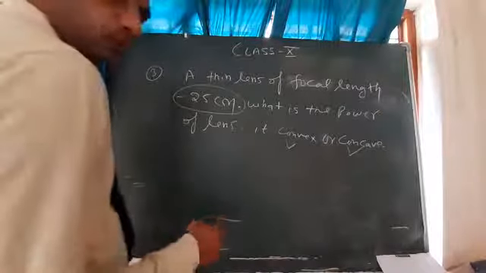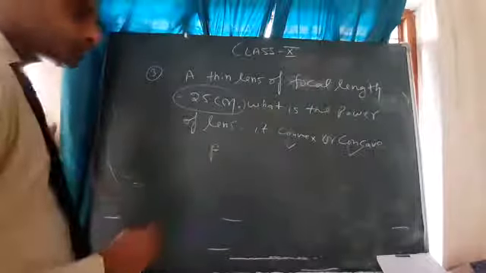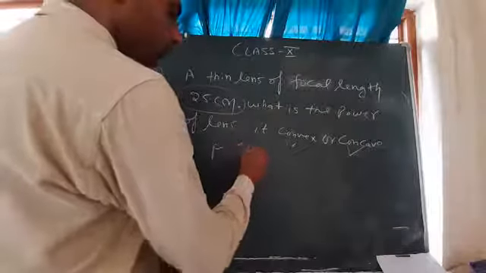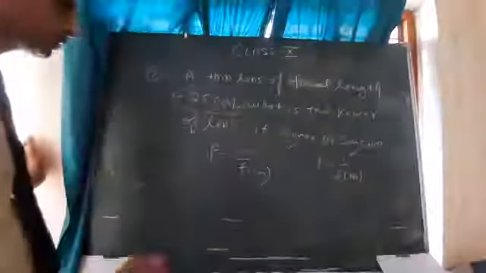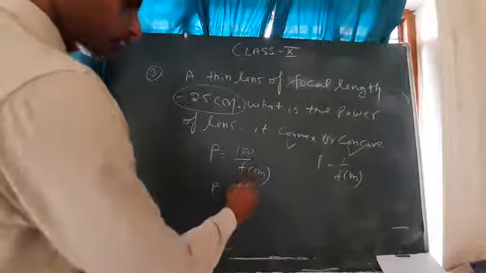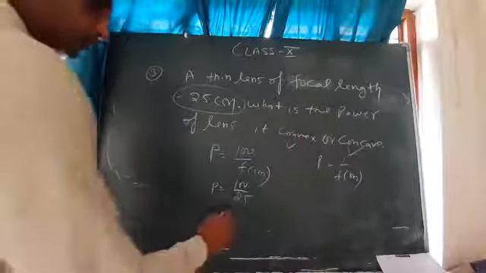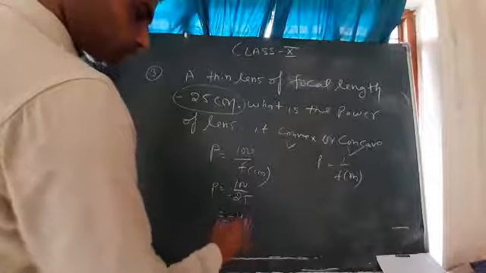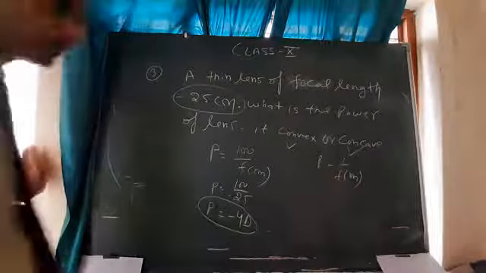So as you know the formula for power, the symbol of power is P. So P equal to 100 upon F in centimeter, and P equal to 1 upon F in meter. So P equal to 100 upon F, which is minus 25, so -4 diopter. If you want to use the formula P equal to 1 upon F in meter,